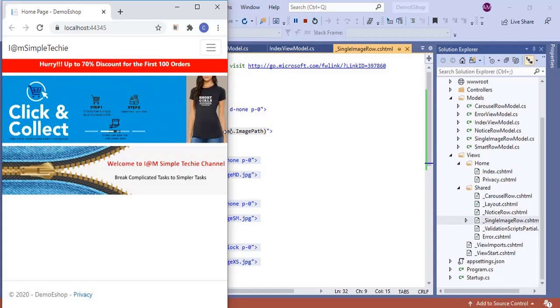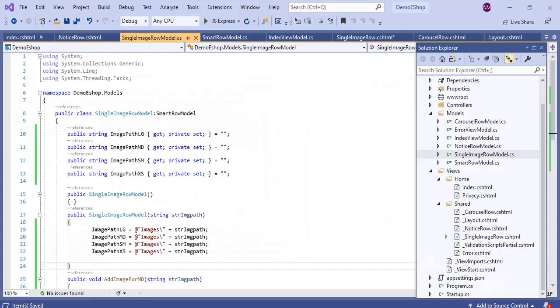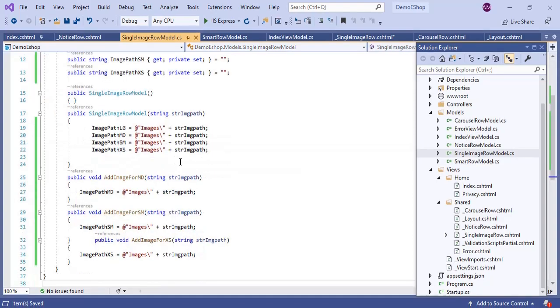We have to write the code in the model to support this change. Let's do that first. I have done some changes in the single image row model. First, I have renamed the image path property to image path LG. Then I have added 3 more properties: image path MD, image path SM, image path XS. Then in the constructor, I am setting all images to the same image path. The user will first give the image path only for the LG. I will set this LG image path for all other resolutions first,